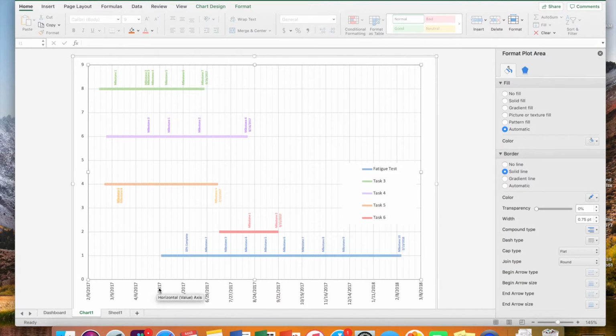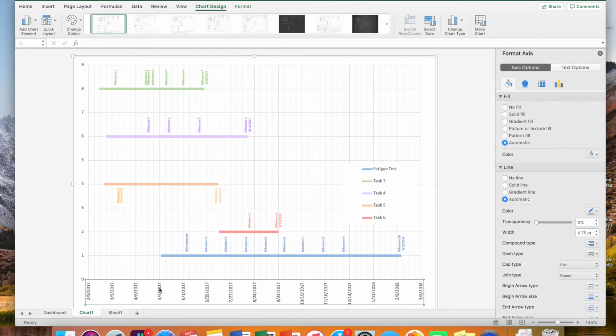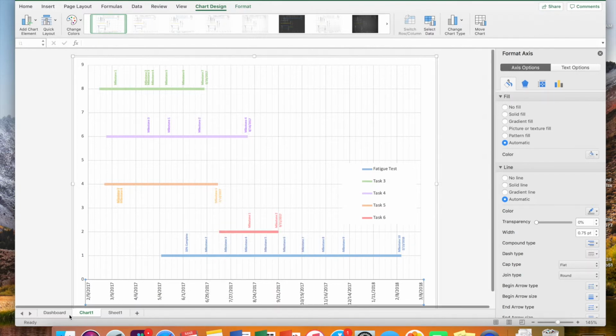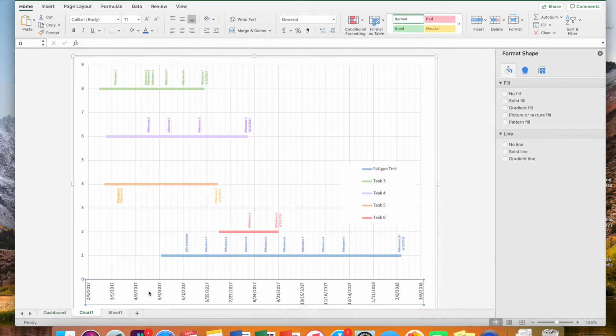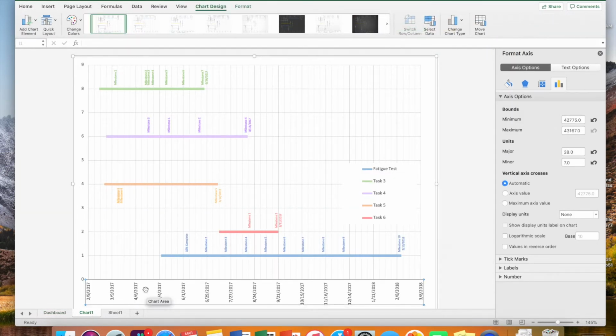Now if you want to change your axis values, if you're familiar with Excel, you will know how to do this. But if you're a little less familiar with charts, to change your axis values, say for instance you changed all these dates to more modern dates, something more like 2019, you double click,